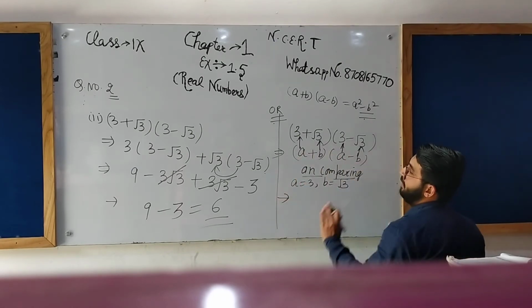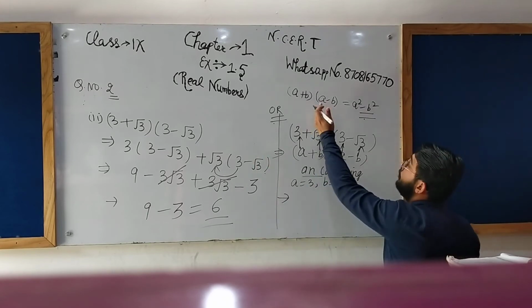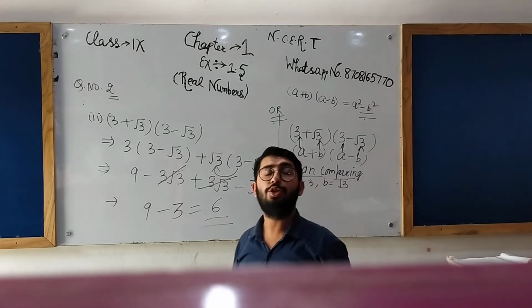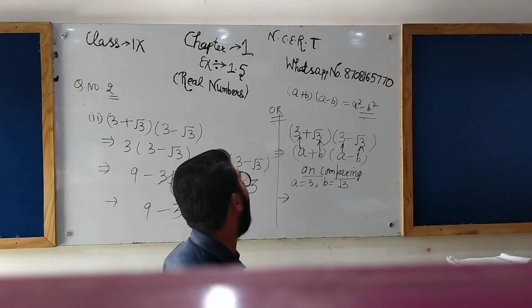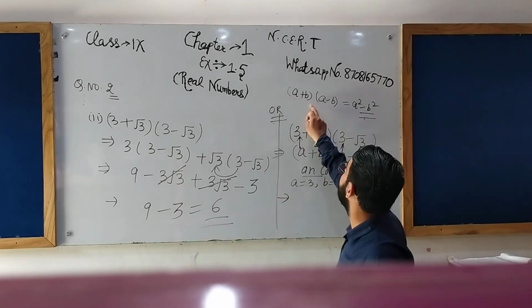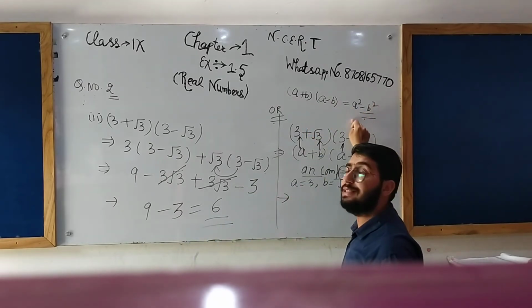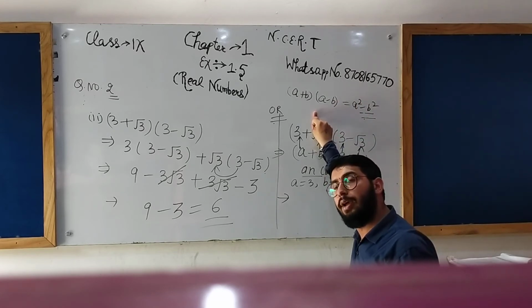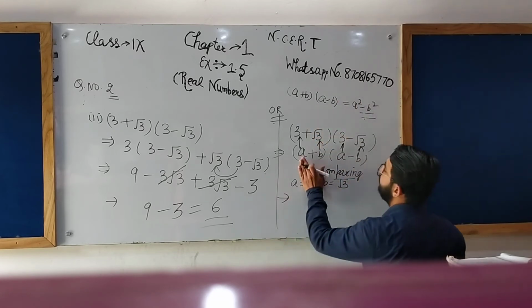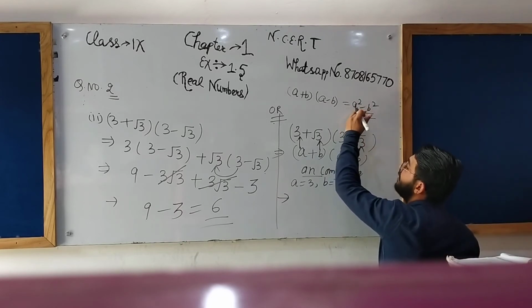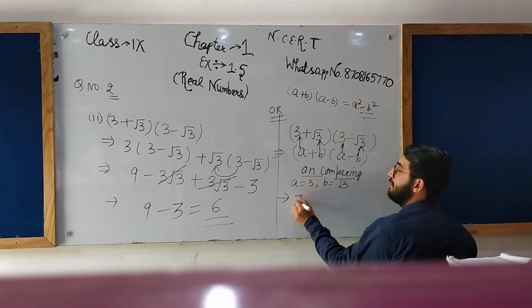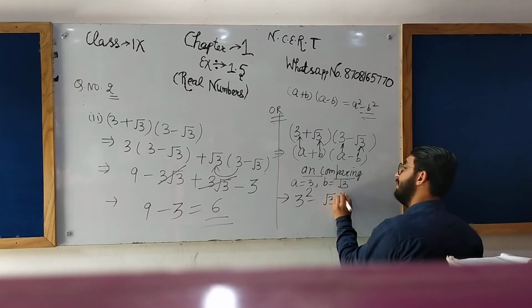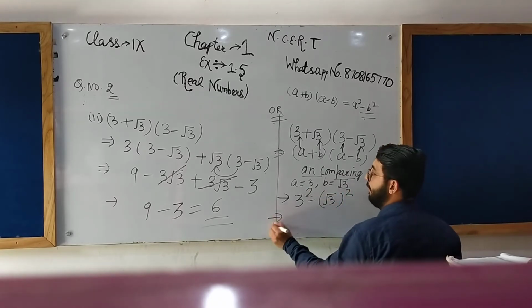A plus B, A minus B can be written as what? Whenever you are using an identity, you must know this thing, that if the left hand side of the identity is given, then apply the right hand side. If the right hand side is given, then write the left hand side. Clear? Yes. A plus B, A minus B can be written as what? First's square minus second's square. This is the one step question only.